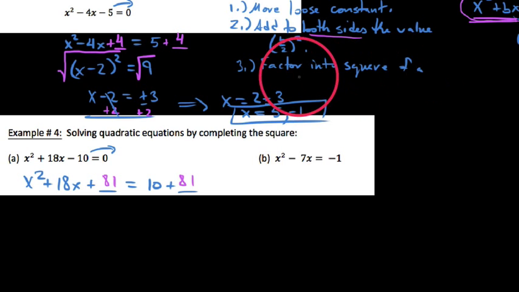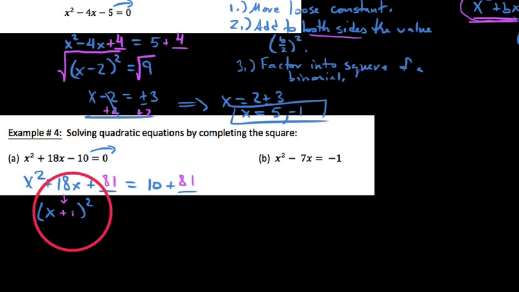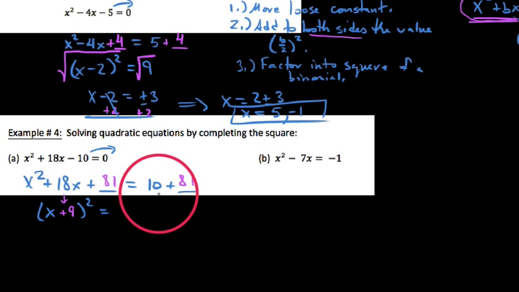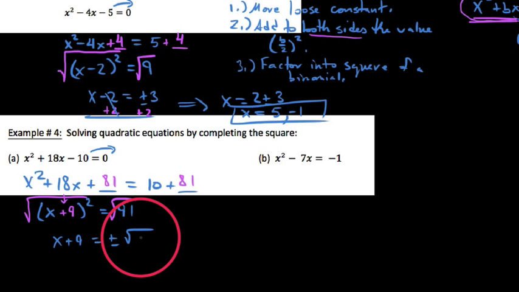of a binomial. So on the left side here, we can see that this is going to factor into x, this thing squared, where we'll put in half of our middle term here, which in this case is a positive 9. And on the right side, I'll just go ahead and combine like terms, which is 91. So in this case, I'm going to take the square root of both sides, now that I have a squared expression on the left and a constant on the right, and I'll put plus or minus the square root of